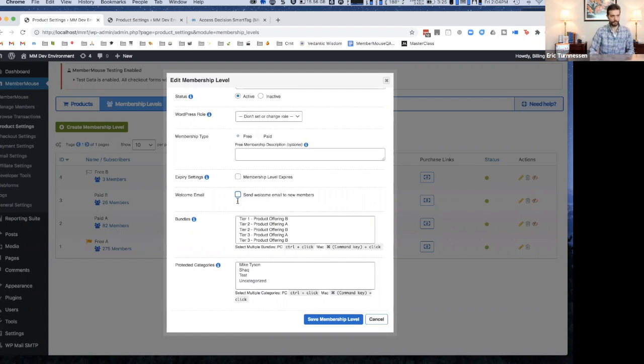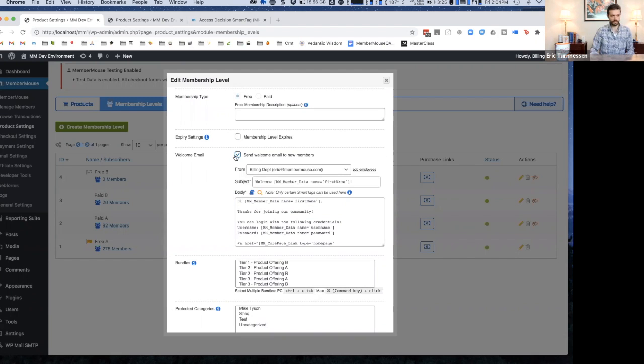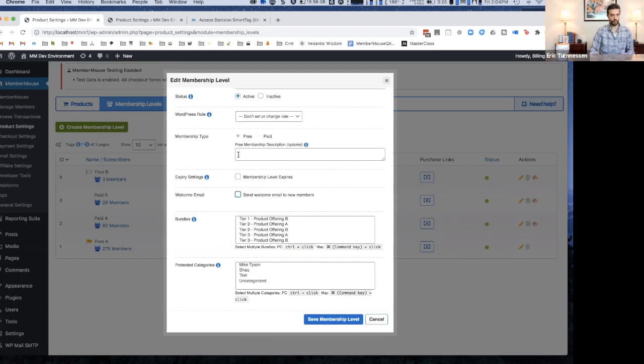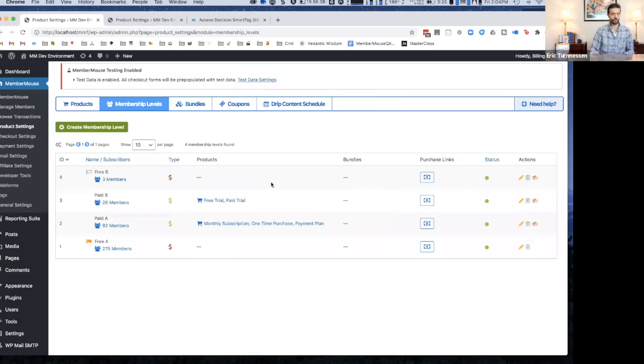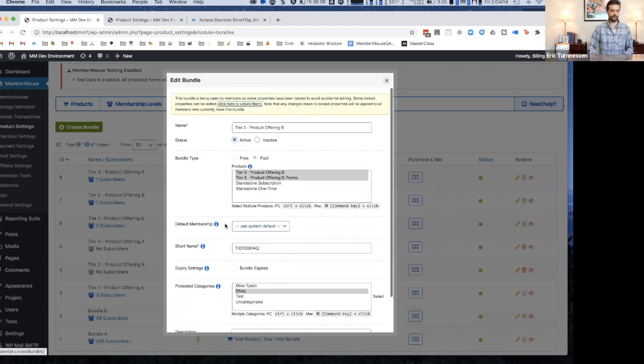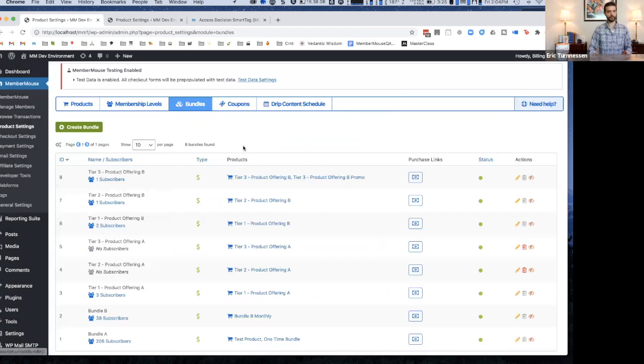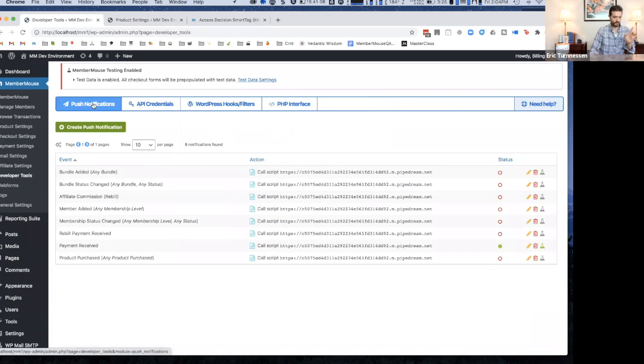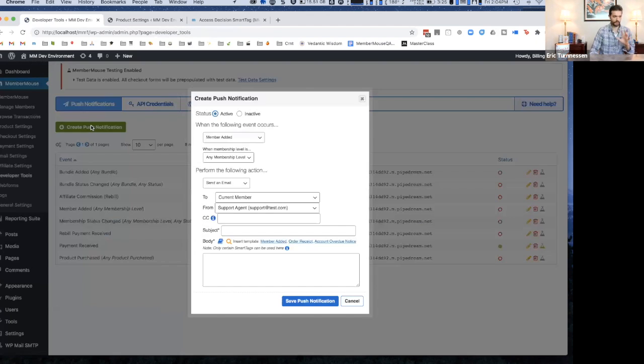So membership levels have this functionality where you can send welcome emails when a membership gets applied to the account. You're talking about bundles though. Bundles do not have this functionality as part of the configuration for the bundle. There's no welcome email for bundles, but if you go to developer tools, we have what we call push notifications, which is a very